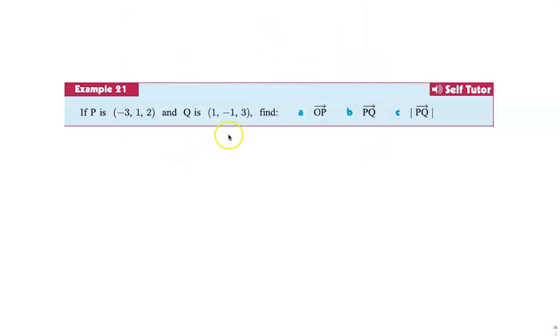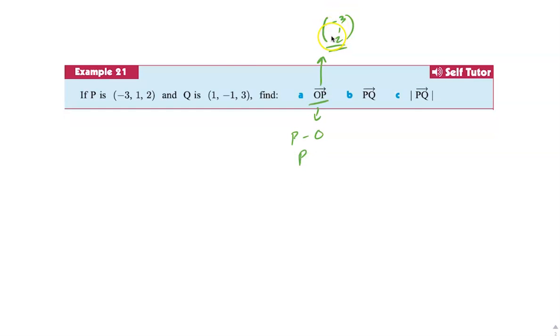So I want to find OP, just like before. Don't let that get you. OP is the same as saying P minus O. O is always the origin, so it's really just P. So OP is the vector P, -3, 1, and 2. There you go. So we have this vector P. Remember, and this is a point P. Remember that there's a very important difference. Just to show you the difference again,